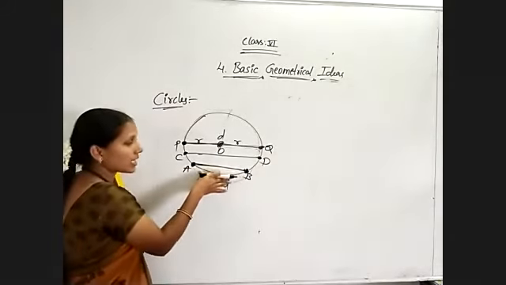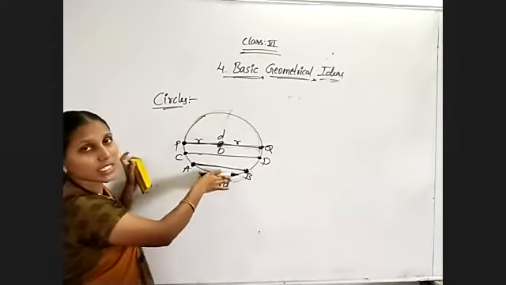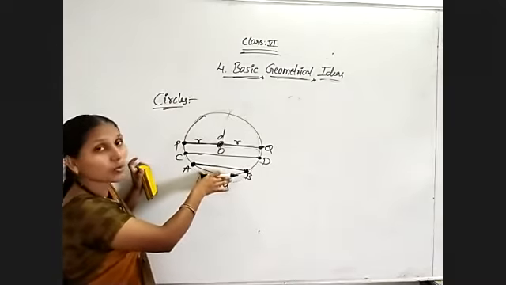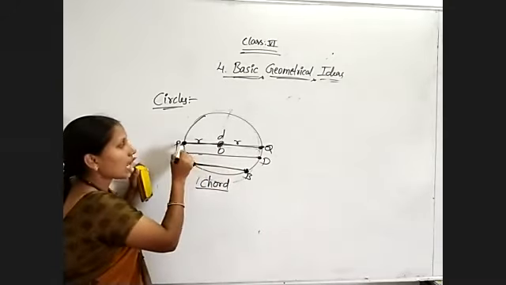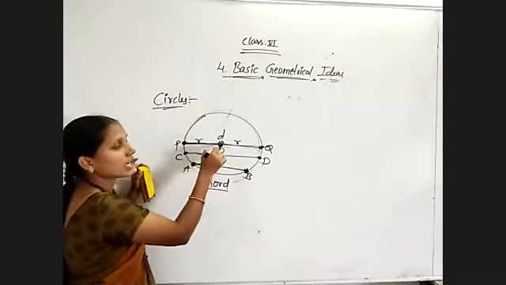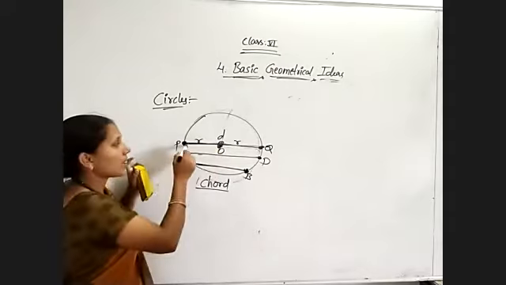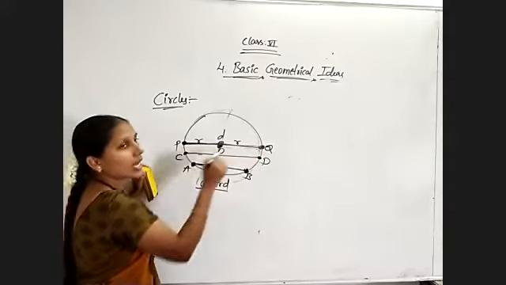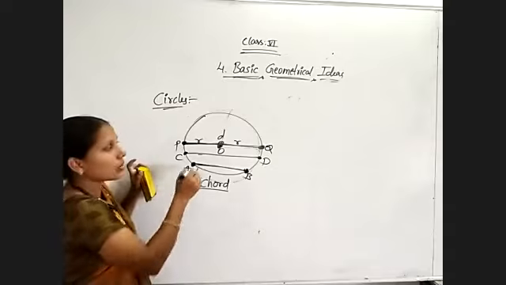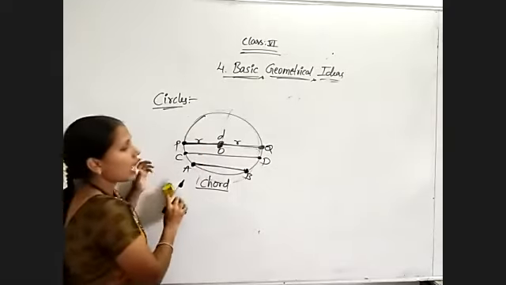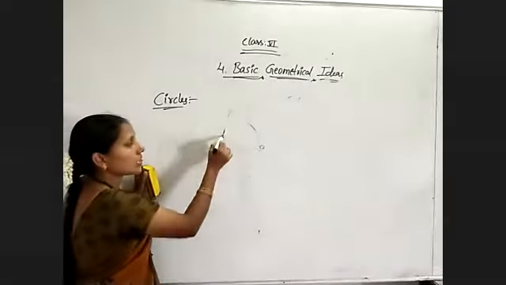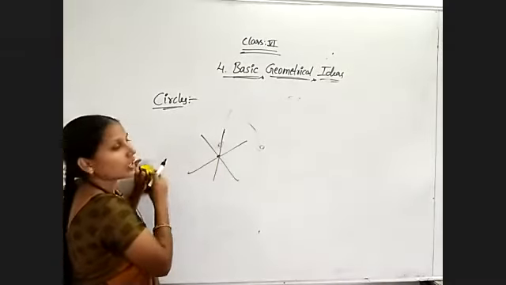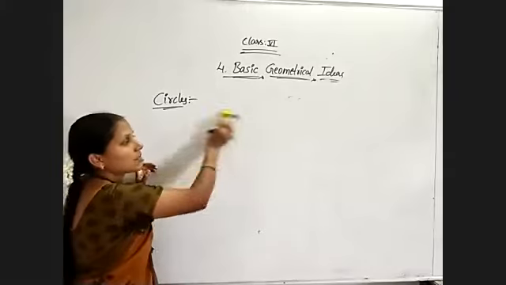A line segment joining 2 points on the circle is known as a chord, and the chord which is passing through the center is known as a diameter, and this one only is the longest chord. So diameter is the longest chord, and as we know that through one point we can draw so many lines, yes or no?